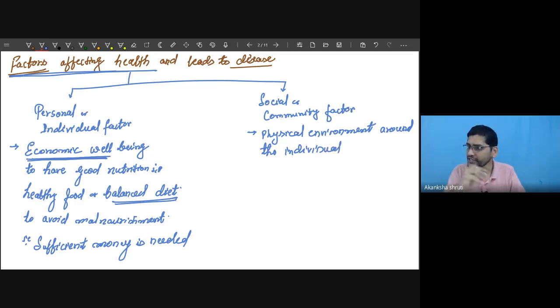If it is polluted, say air pollution is there, that leads to various kinds of disease related to respiration, means respiratory disease arises. So the physical environment around the individual must be healthy,